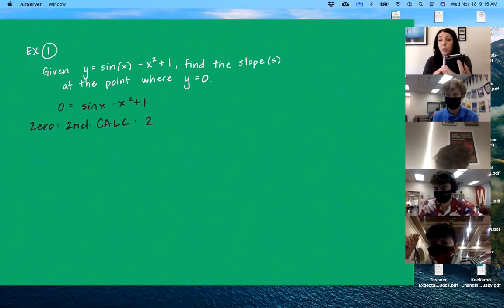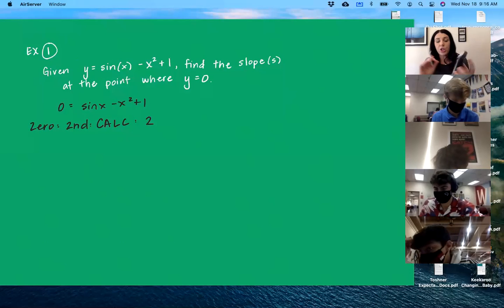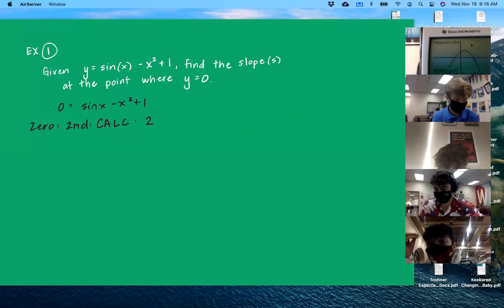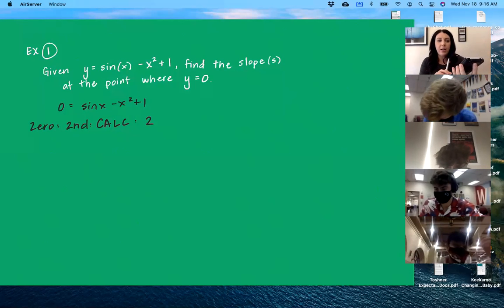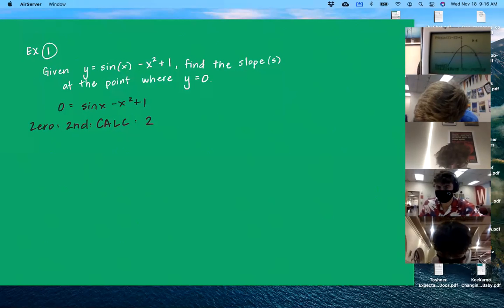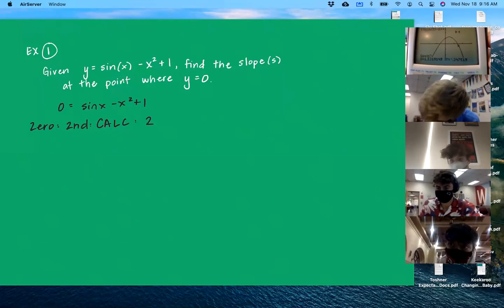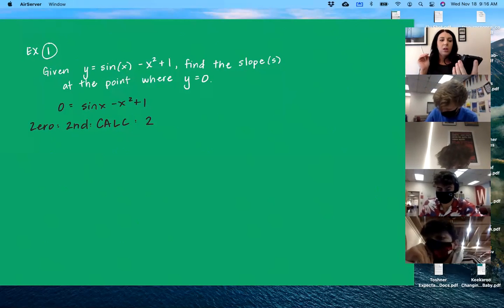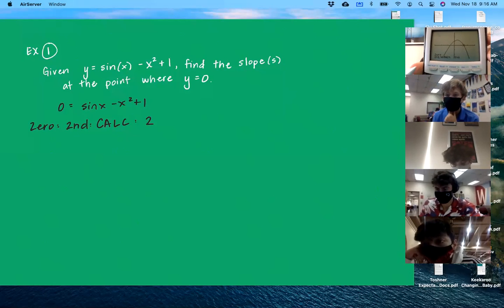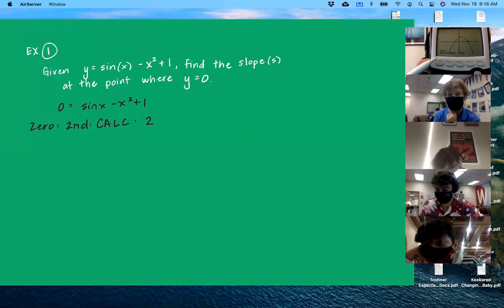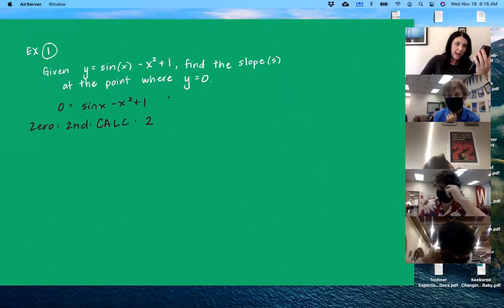And then the next question is right bound. So I'm going to move that cursor just a little bit past, so it's a little bit right bound. And then I'm going to press enter again. The next question is guess. You don't need to move your cursor at all. You can just press enter. And it's going to give us our exact zero. You'll notice the y value here is 0, and it gives us our x value. So we can go ahead and write that down. X is equal to